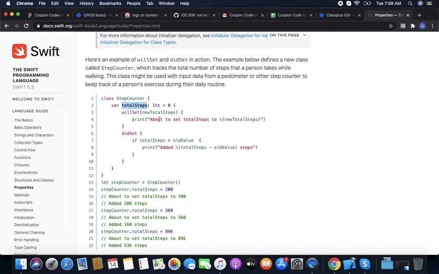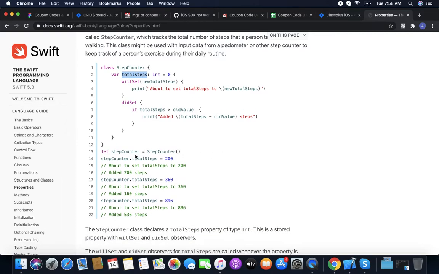So you can see StepCounter, totalSteps is 0. In willSet, we set newTotalSteps, about the totalSteps, to newTotalSteps. And in didSet, if totalSteps is greater than oldValue, then print totalSteps minus oldValue steps. So now we have stepCounter.totalSteps equal to 200.